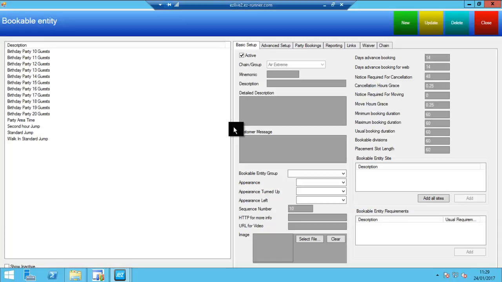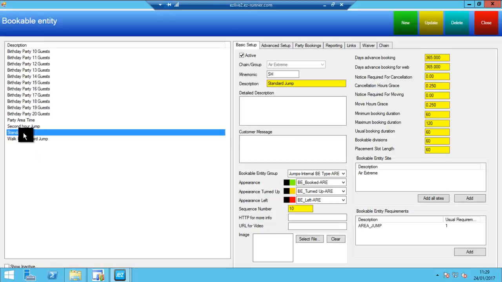So at the moment we're looking at a booking that's got standard jump, and this is the booking that is used online. We could create, as an example, an event booking, and then the client can give a separate unique URL to the client in question, or it might be that they decide to use this booking to book in their toddler sessions, or various other events that they do. So to create a bookable entity,